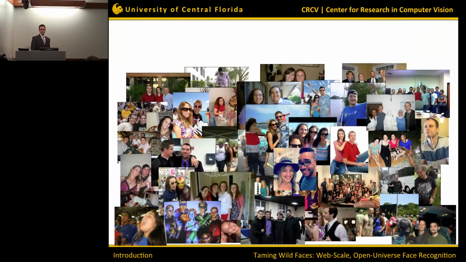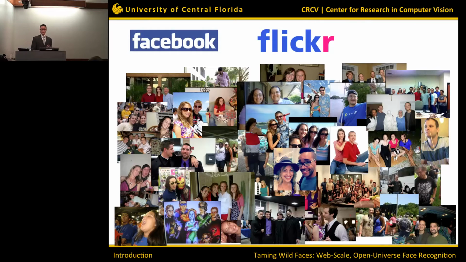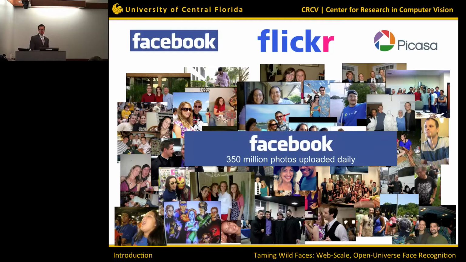If we were to look at some of the images that we would see on Facebook, for example, you can see that there's an even larger variation in the pose, the illuminations, the different locations. You can see that the camera sensors themselves are very different than what you would see even when we're looking at these public figures, because the people that are taking the pictures aren't necessarily professionals. And so this is similar to what you'd see even on Flickr or Picasa. On Facebook alone, there's 350